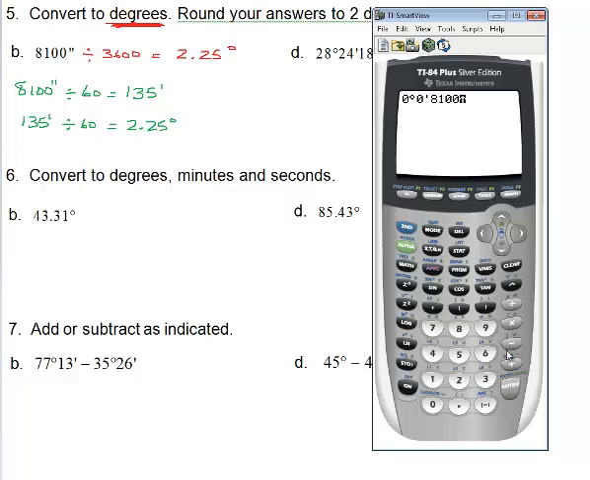Now I've got to hit my green button, alpha. See alpha? Because this is in green down here. So alpha, whoops, I put it in the wrong spot. Let me go back and put that back to 0. Go to the end here. Okay, now alpha seconds. So I have 0 degrees, 0 minutes,